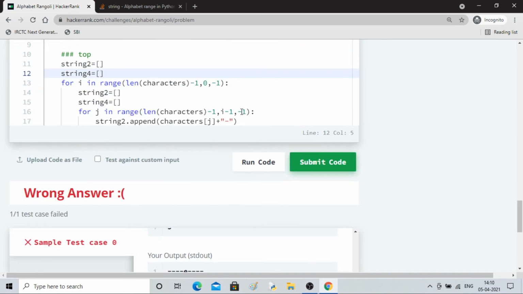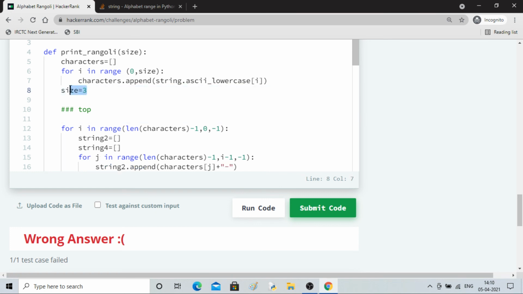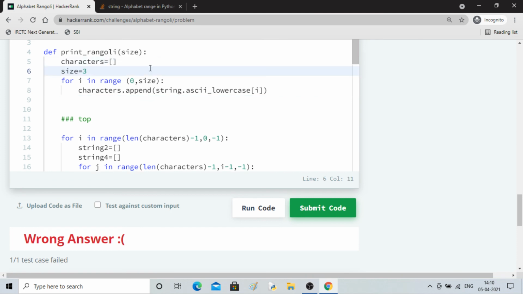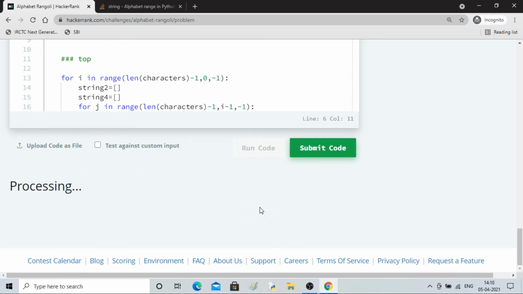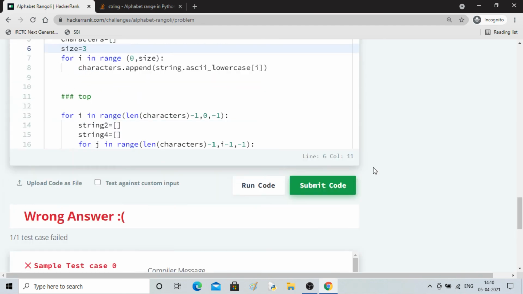Why is it taking so long? Oh, okay, I had to define size at the top, because the characters will be made right here. So yeah, CBC, CBA, it is correct, right?